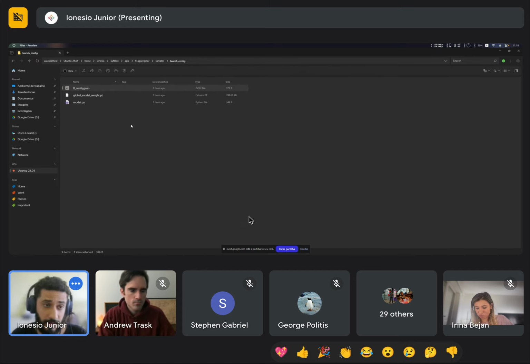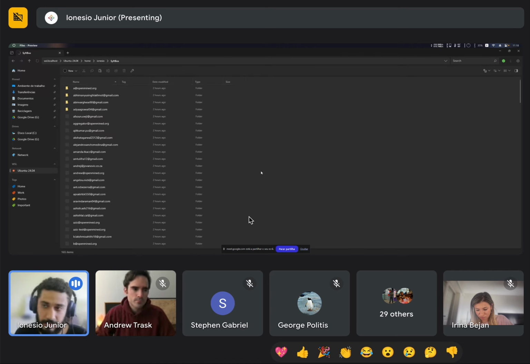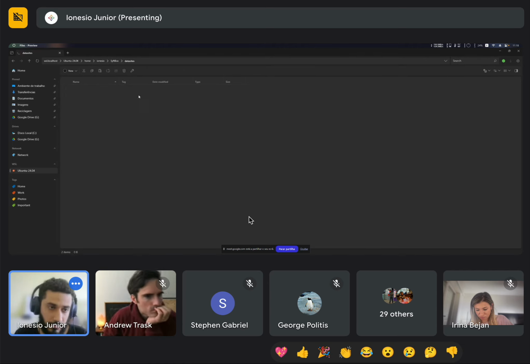The thing is, in order to start a new federated process from a federated aggregator point, I just need to copy all those files and paste them in my datasite, Unisio, API data, launch folder, right?